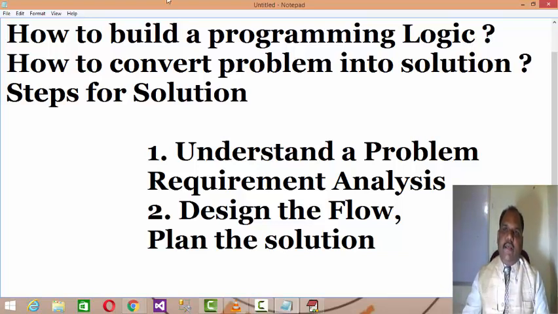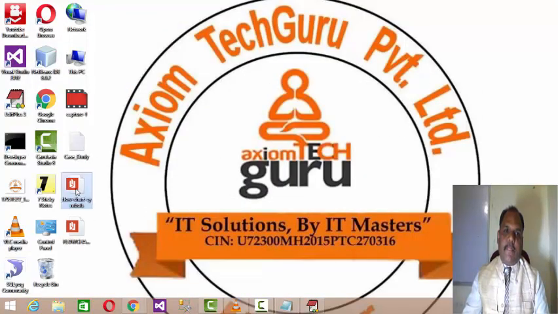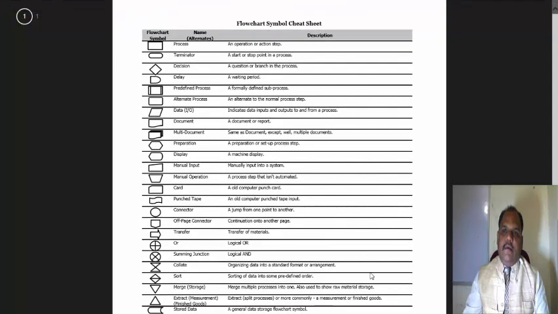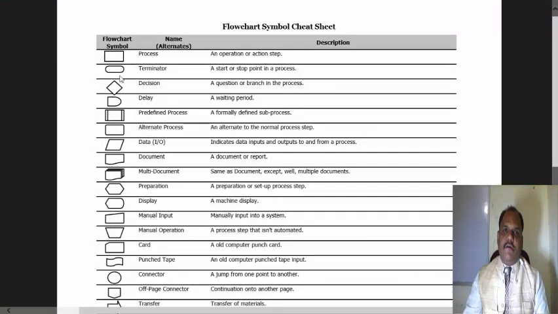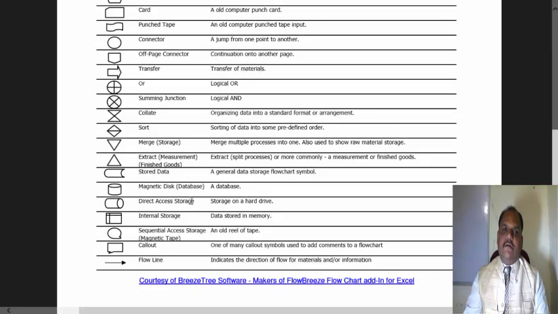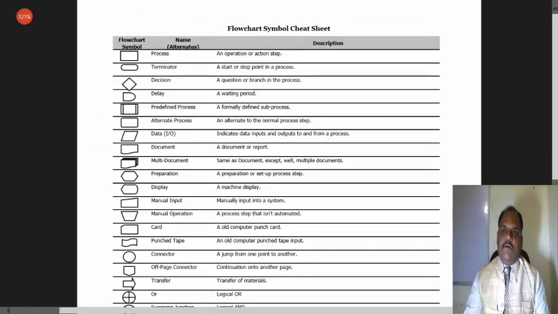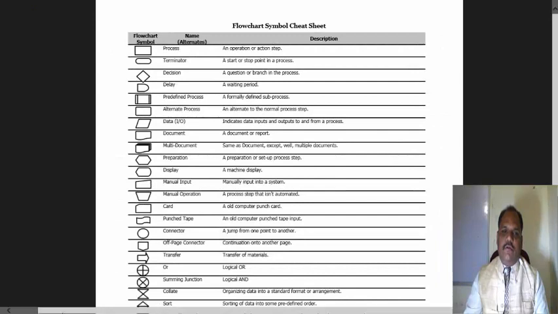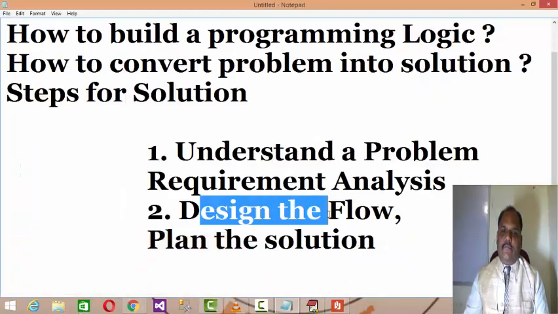I will be explaining what the symbols used for the flowchart are. Right. These are the standard symbols. Here it's a process, terminator, decision box, relay, and many more things. But these are the ANSI approved standard flowchart symbols you have. By using all these symbols, you need to design the flow.